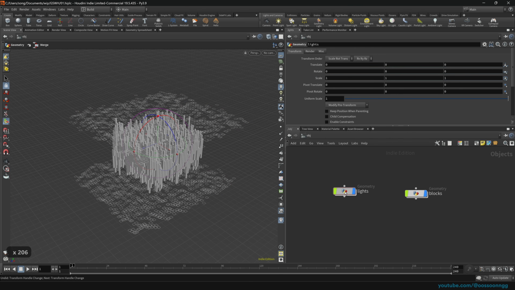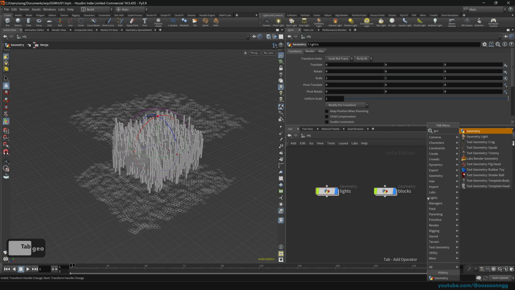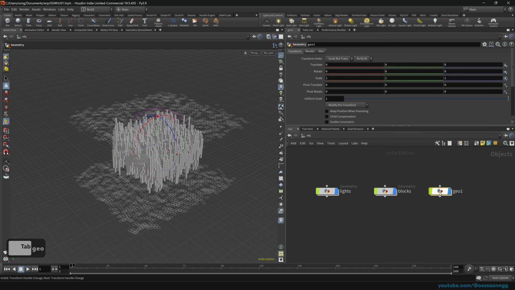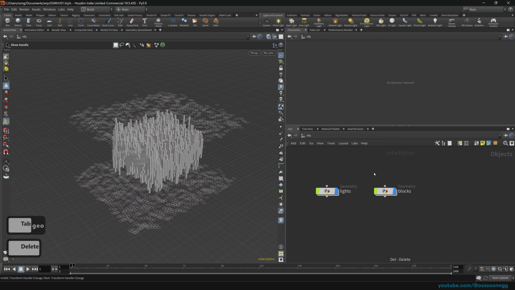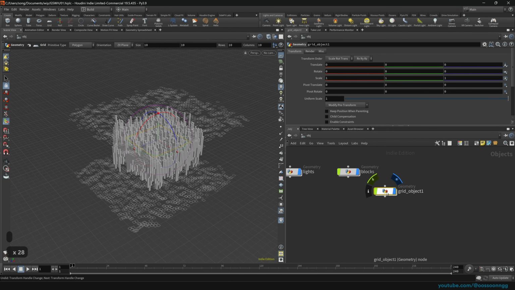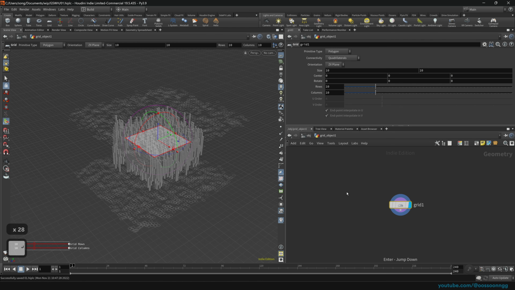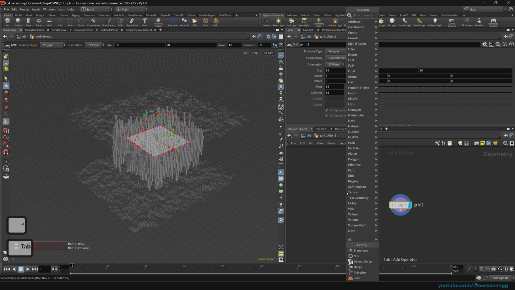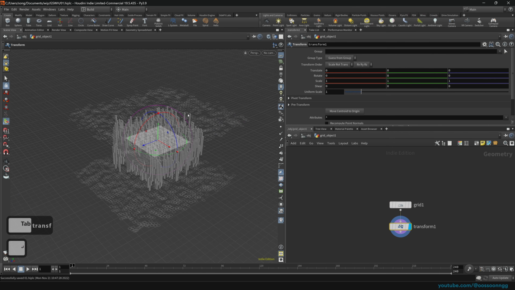Finally, I think we can do a little bit more of a background with a grid. We can just start typing geo, like geometry. But just for the sake of getting acquainted with the interface a little bit more, I will hold down the Control, left click on the grid, and as you can see, the grid has been created. I jump inside the grid and start manipulating it. First things first, we transform it. We move it